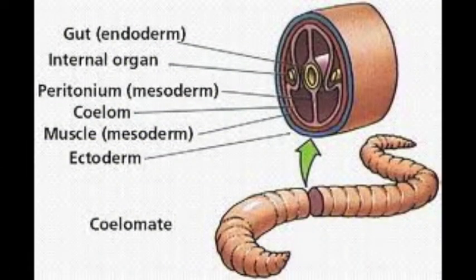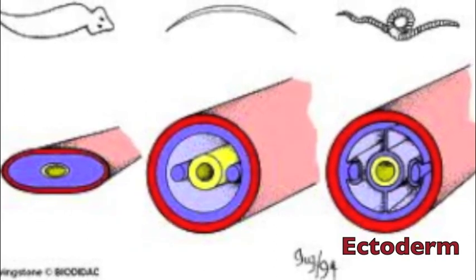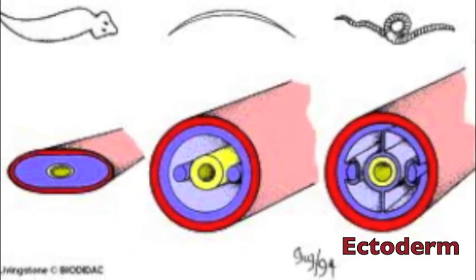Flatworms have 3 germ layers. An animal with 3 germ layers is triploblastic, with an ectoderm, an endoderm, and a mesoderm between the ectoderm and endoderm. The ectoderm, the germ layer covering the surface of the embryo, forms the outer covering of the flatworm and